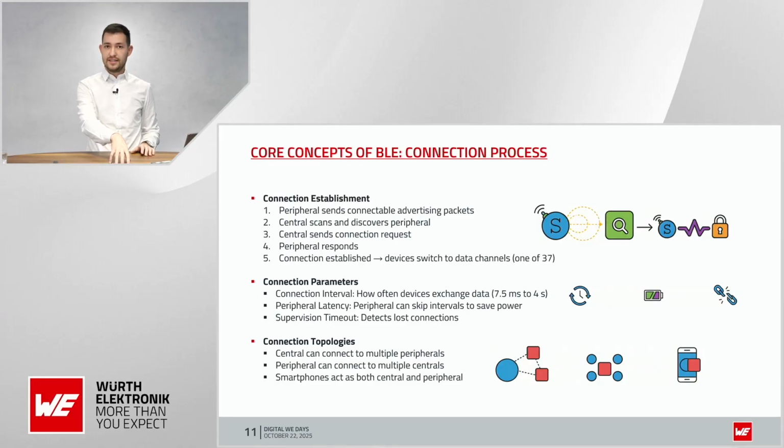We could actually see that connection interval before in the graph where I explained the difference between low energy and classic. This connection interval defines how fast the two devices can exchange data. It can be anywhere from 7.5 milliseconds to 4 seconds. Obviously, a larger connection interval means that you will be able to exchange data not that often, but on the other side, you are going to be able to save more power, which is very useful for devices that do not require frequent data communication, but they can actually operate on a single battery cell for a really long time,